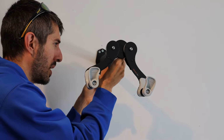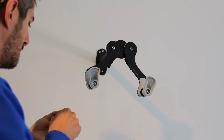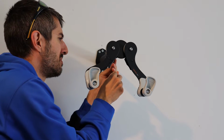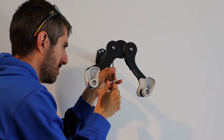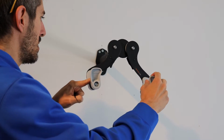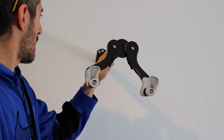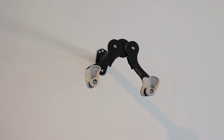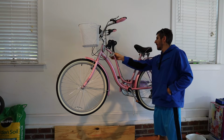Obviously you don't want to tighten them down all the way, so you can still adjust it to the bike. Alright, those are still loose enough so I can put it in and out. I do believe this bike's going to take the... I'm a little leery about putting a heavy bike on this, but I'm not going to pull on it myself. But we're going to see how this baby works. The bike is on the rack. It's a little bit...